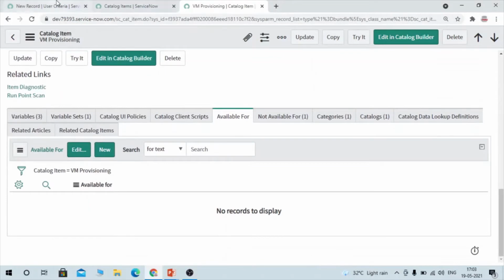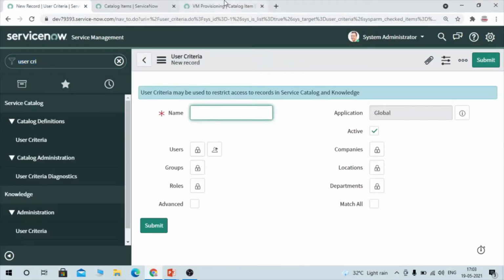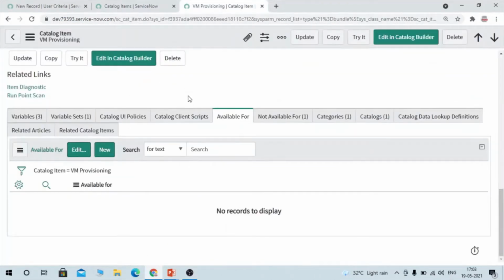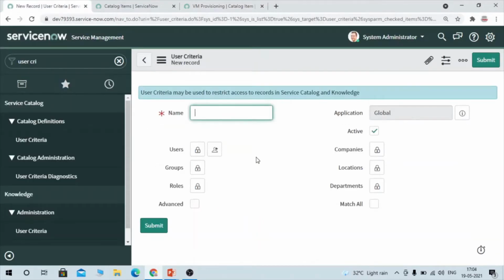So let's create the user criteria from here and add it from here. As per your convenience, you can create it from here or from there. The single user criteria can be used in multiple catalog items.